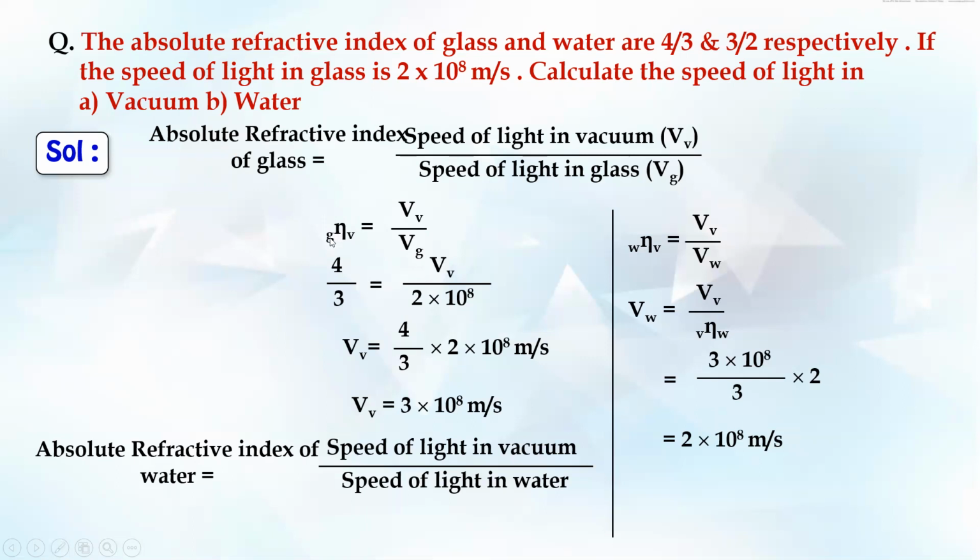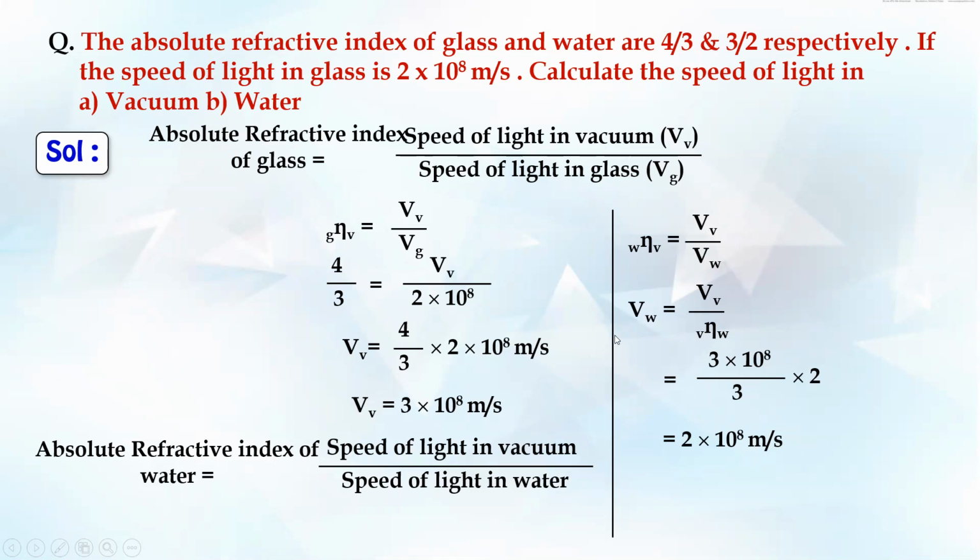So for glass, its value is known, 4/3. Friends, on just cross multiplying, or taking it to the other side, we'll get the value of Vv as 4/3 times 2 into 10 raised to 8. 4 twos are 8, 8/3. It comes out very close to 2 point something 9, very close. So it is approximated to 3 over here actually, I guess. You can even take the actual value over here, it doesn't matter, right?